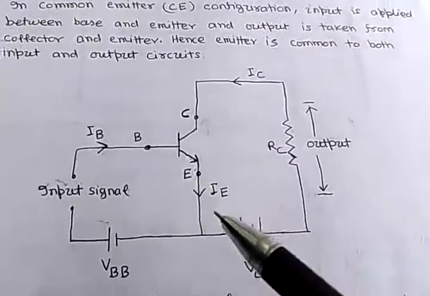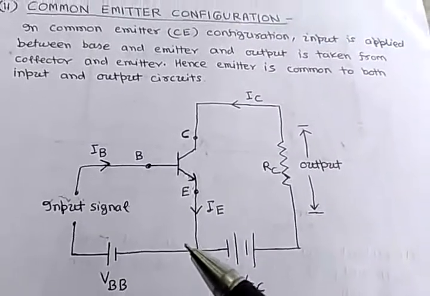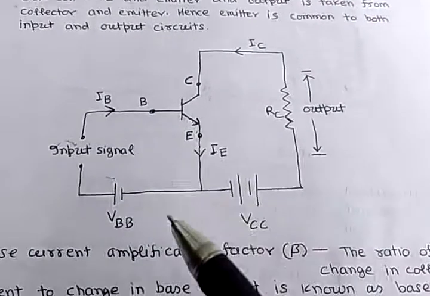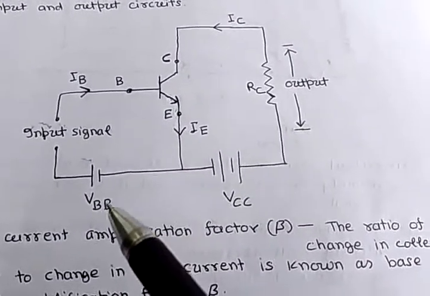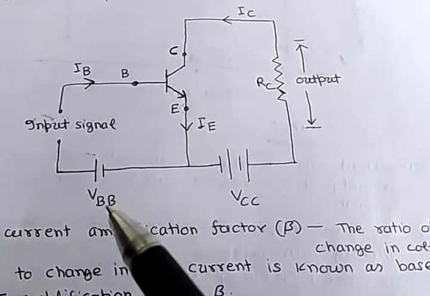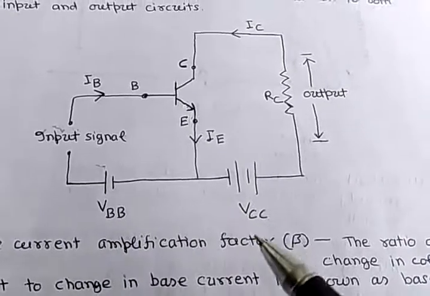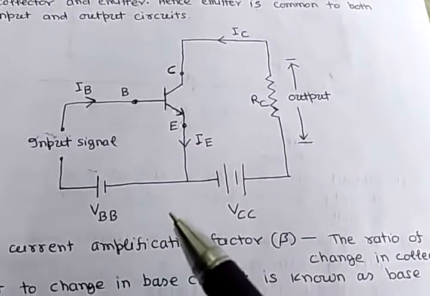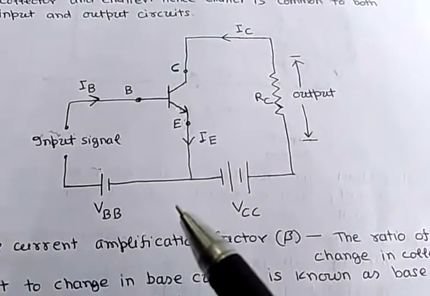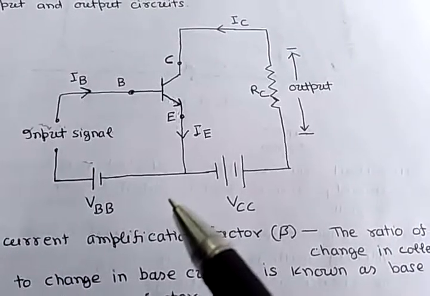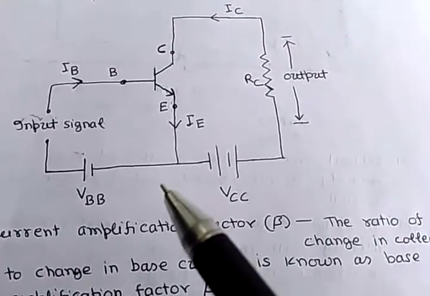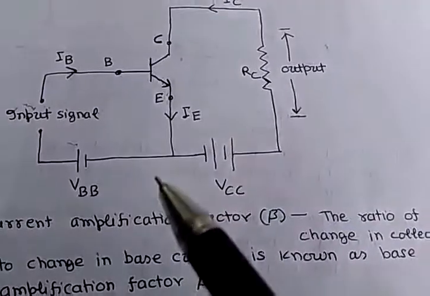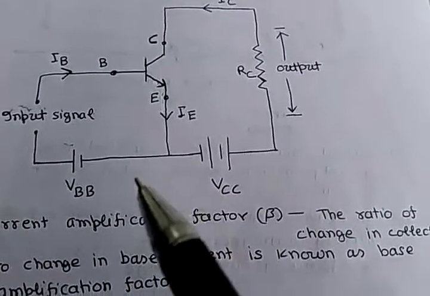So emitter is common in both input circuit and output circuit, and two external voltage sources VBB and VCC are used to provide the required biasing for the proper operation of the transistor. To provide the required biasing to fix the operating point at the desired position of the DC load